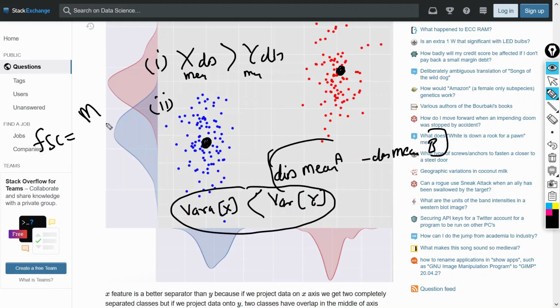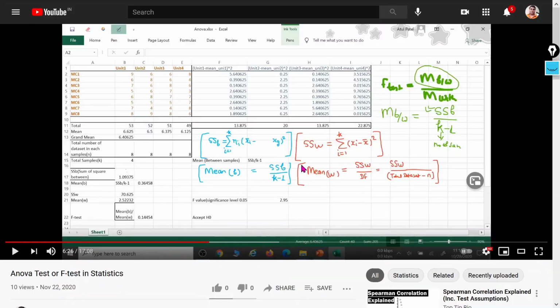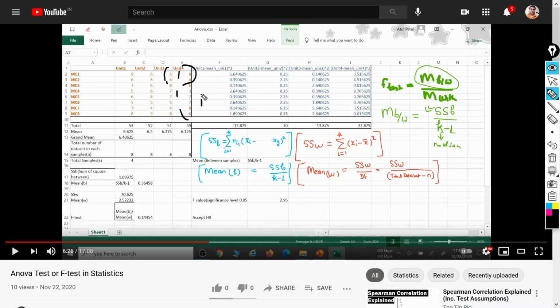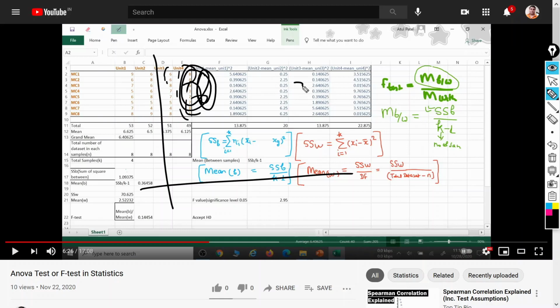Now let's check what formula we have. This is the video which I created for the F-test or ANOVA; you can check it out to get more understanding. The F-test is the mean between divided by the mean within. These are the data sets we have: one class and a second class.